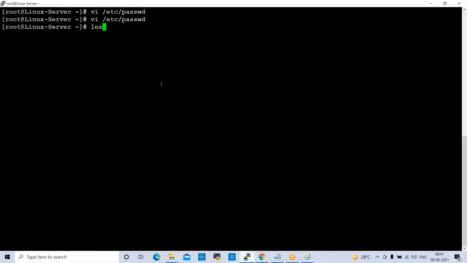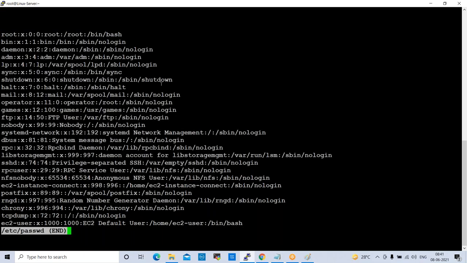So less, file name, for example /etc/passwd. What will happen here? Instead of opening in vi, if you open it with the less command, what will happen? Enter here. When you open this with less, it will show you page-wise. We have only one page here.